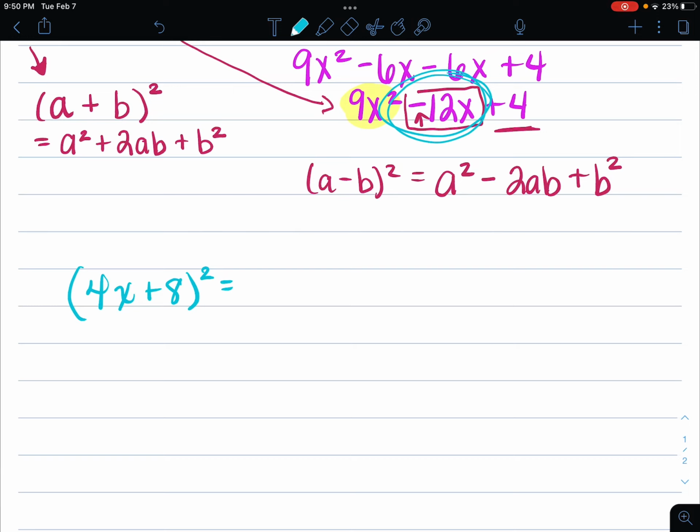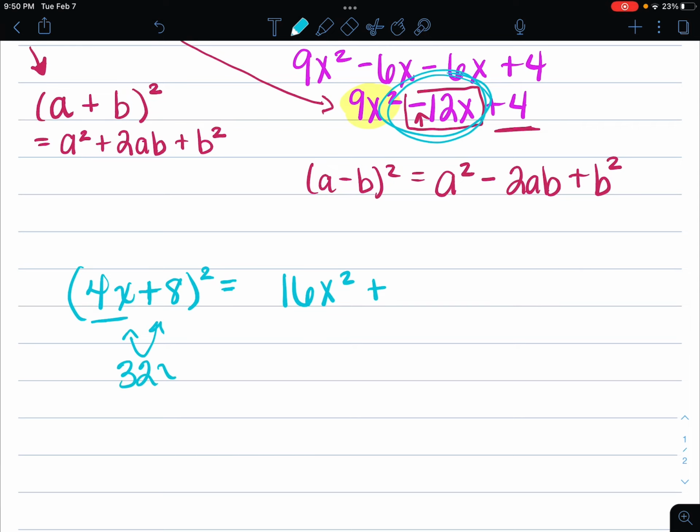Okay, so instead of using the distributive property, again, feel free to use the distributive property on this. It's not going to hurt my feelings if you don't use this method, but you're going to want to be familiar with it. Here's what you're going to do. I know it's the first term squared, right? So that's going to be 16x squared plus, because I can see I'm adding here in the middle,